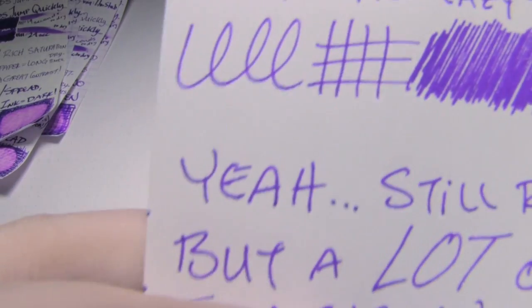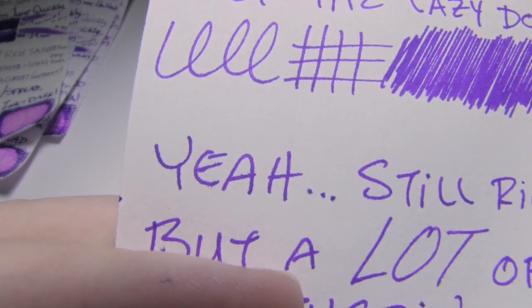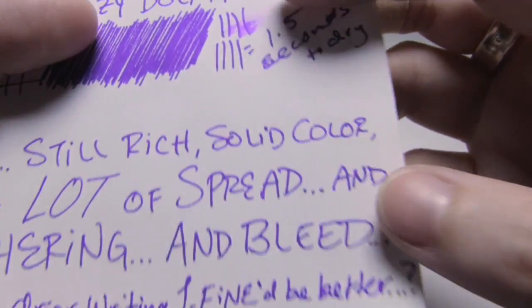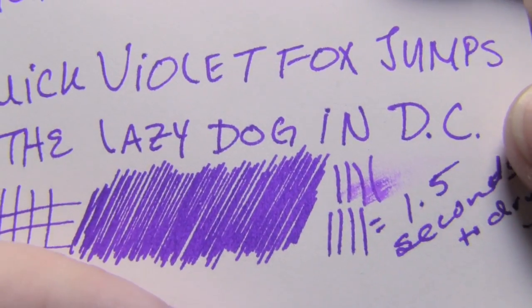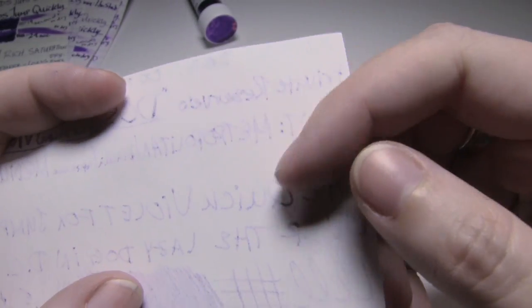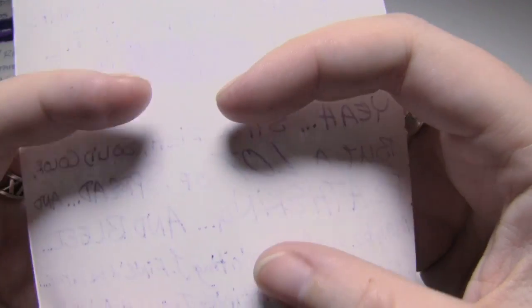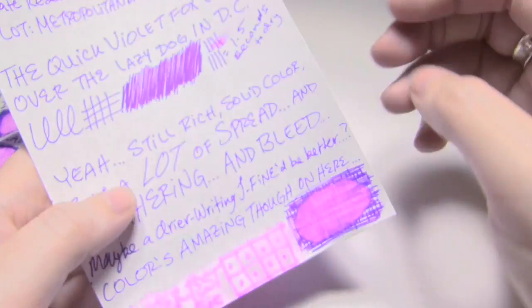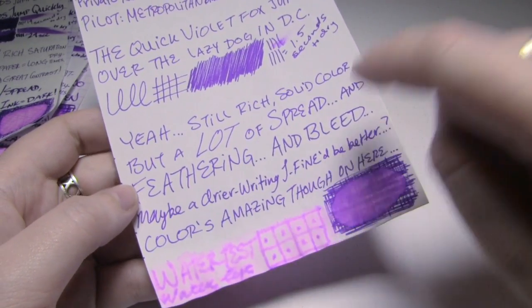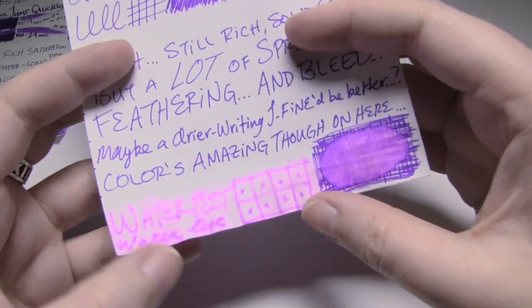We do get some feathering. But it's not insane. You get some, it's kind of woolly, but it's not like big cactus spikes. Could be a lot worse. However, we do get this. A lot of spots of very near bleed. In fact, some fully came through. I just didn't go back and circle them, and I don't know why. But maybe a drier writing Japanese fine might do a little bit better, but...